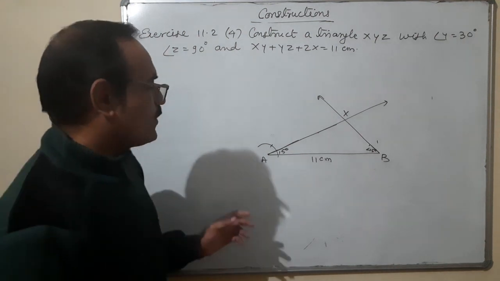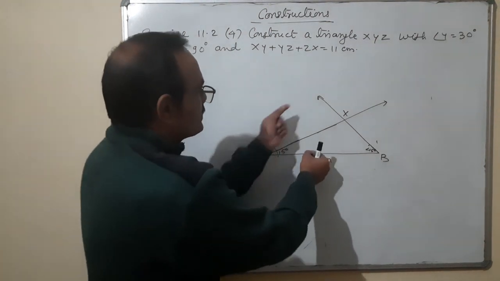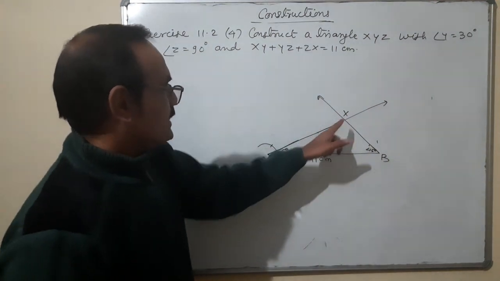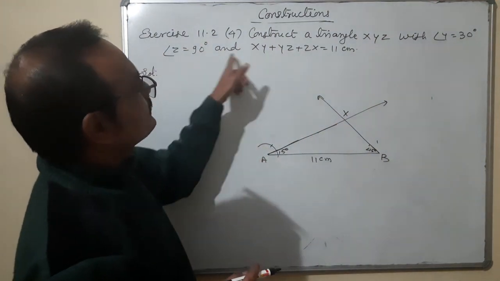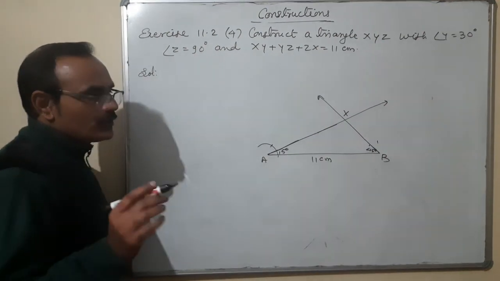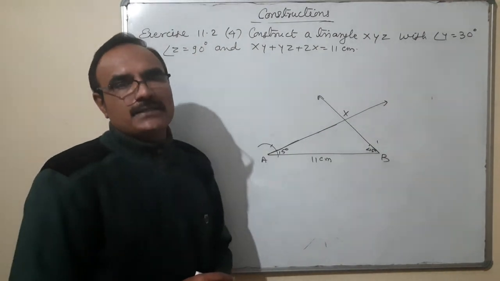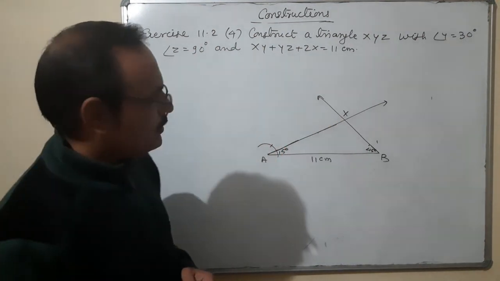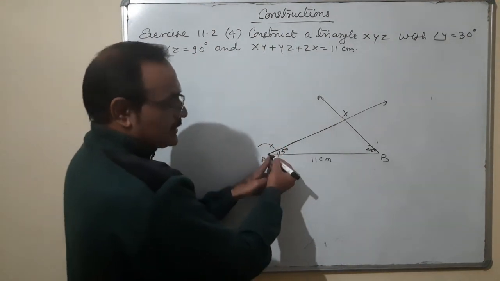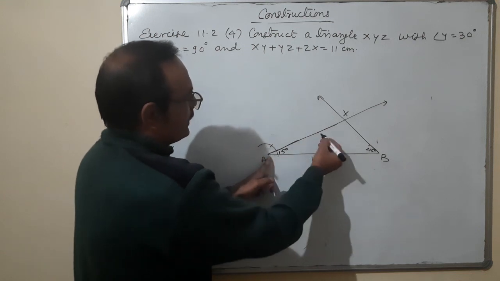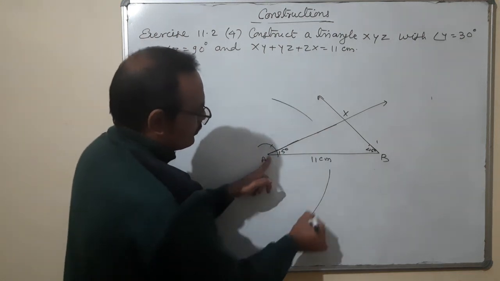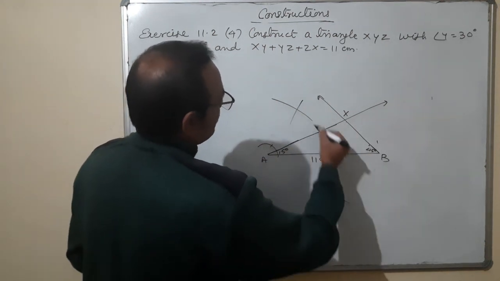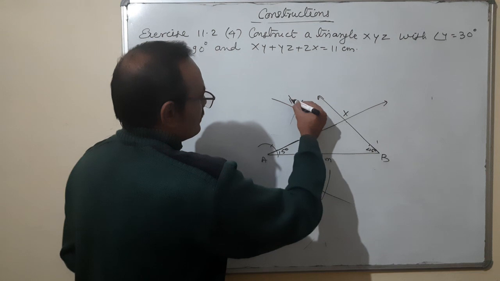Now what we are going to do, we are folding the side like this. So this is X here. After that, we are going to draw two perpendicular bisectors. Perpendicular bisector of AX: how to draw it? With A as a center, taking radius of more than half of AX, draw two arcs on both sides. With X as a center, cut these two previous arcs. And with the help of a ruler, you can join it.